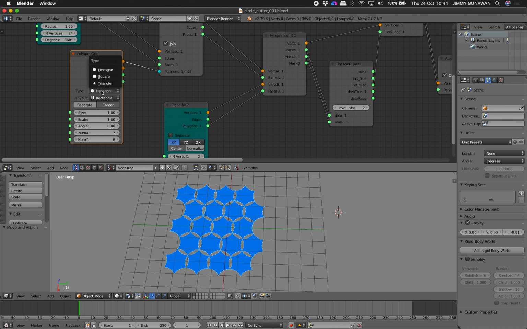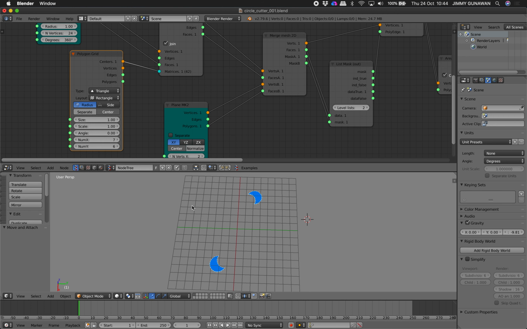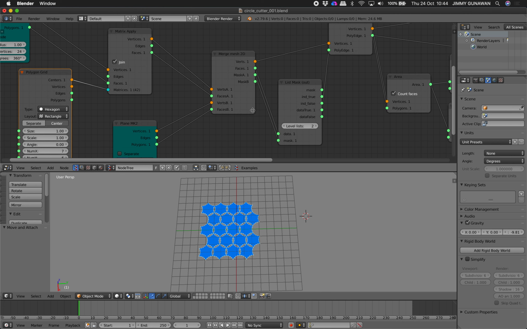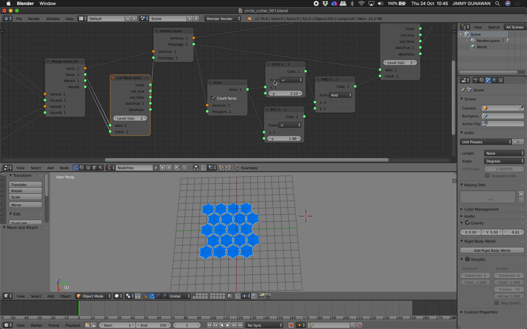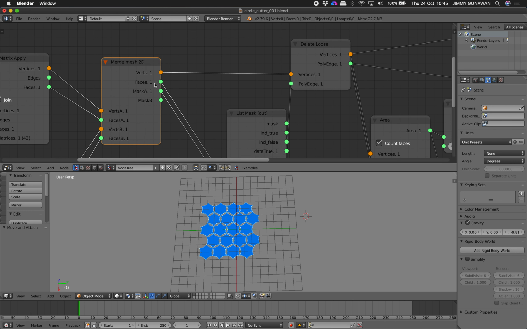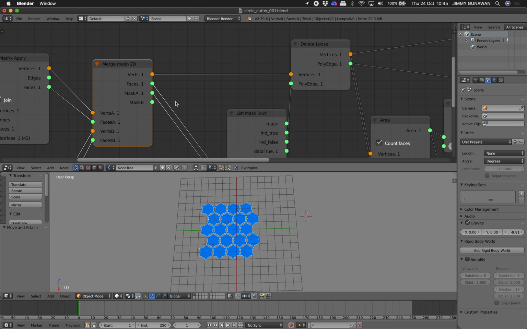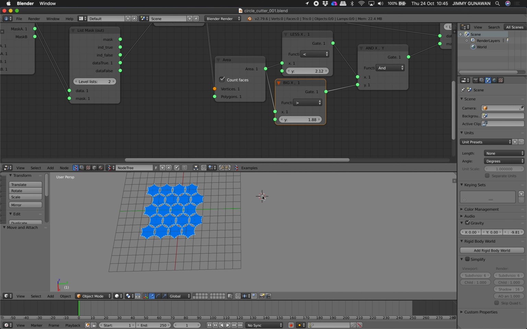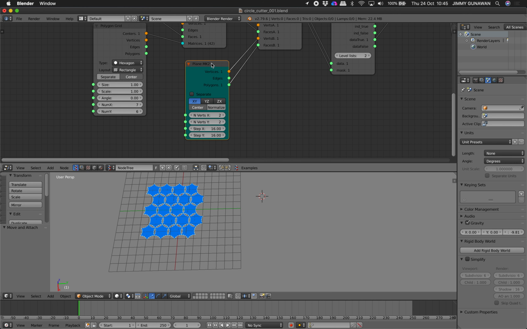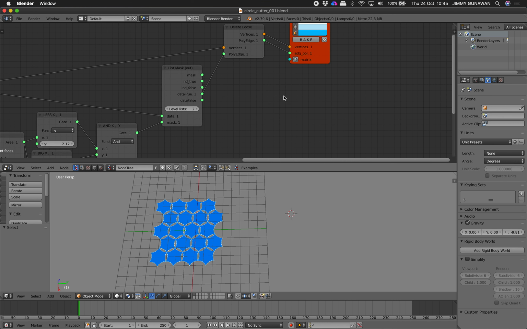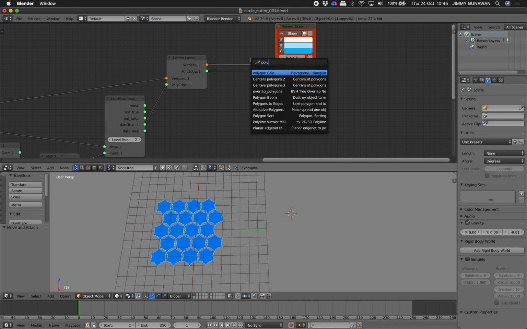This arrangement can be hexagon, can be triangle. But remember, we use a lot of logic and filters over here. What's interesting, however, is this mask A and mask B that you can also use together with some kind of logic. Currently we are using this plane as the bounding box. There must be a better way to do that, but I guess for this I'm pretty much done. So here, polygon boom,